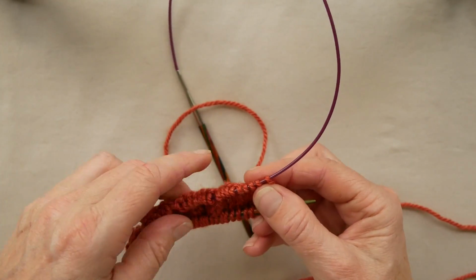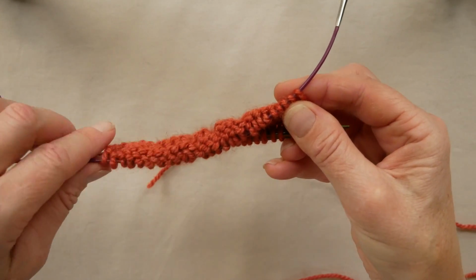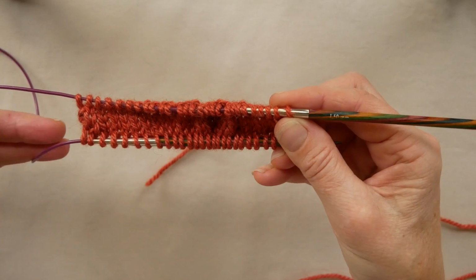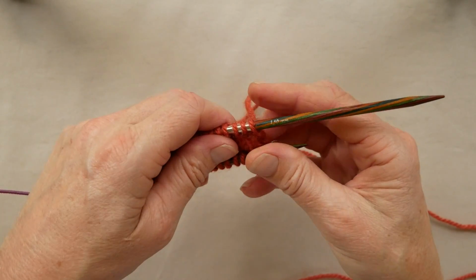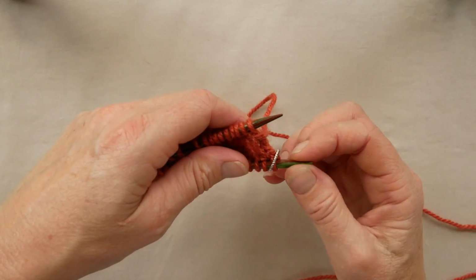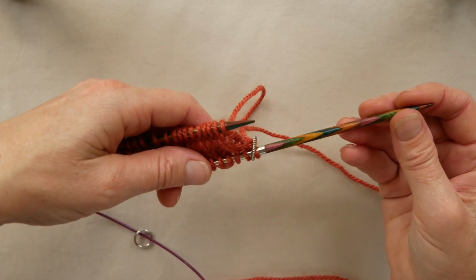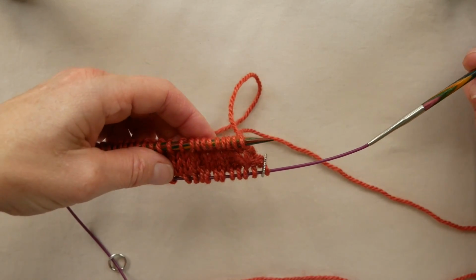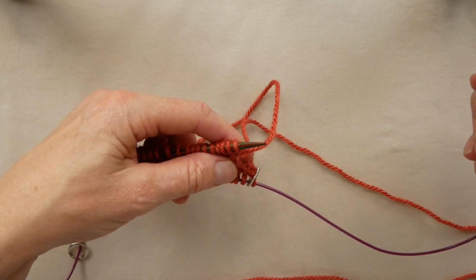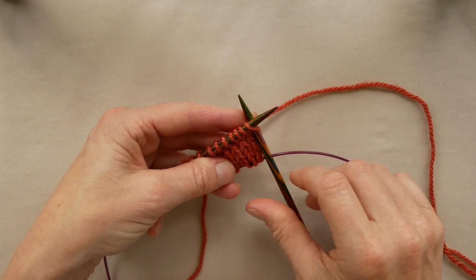Now we're going to knit the other side. So to do that, I'm pulling my cable needle to the left so that those stitches slide onto the needle, and I'm going to pull the lower needle to the right so that the lower stitches slip onto the cable. So we knit one stitch,